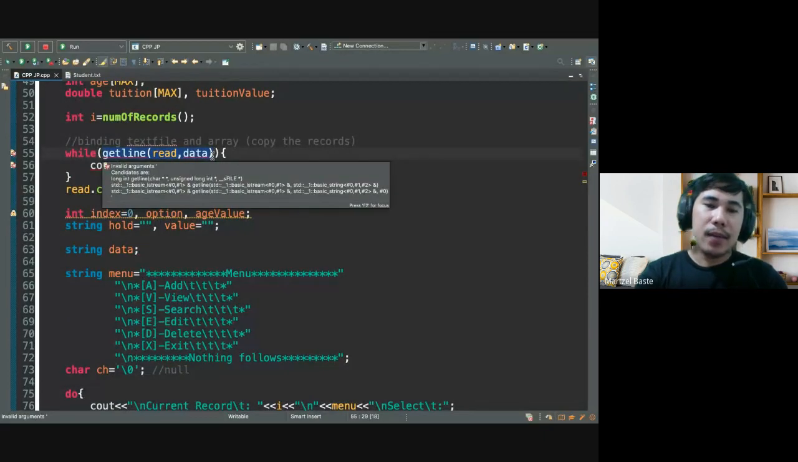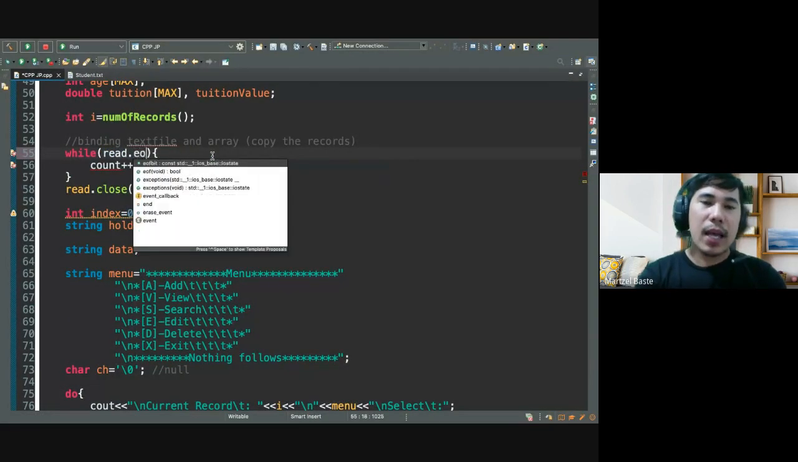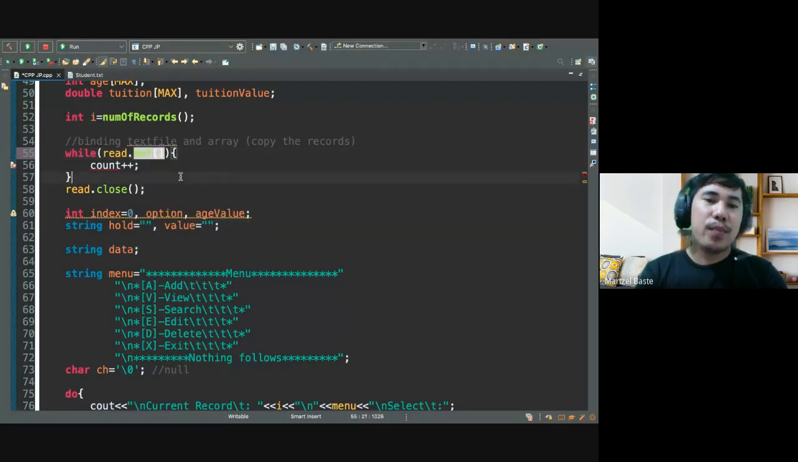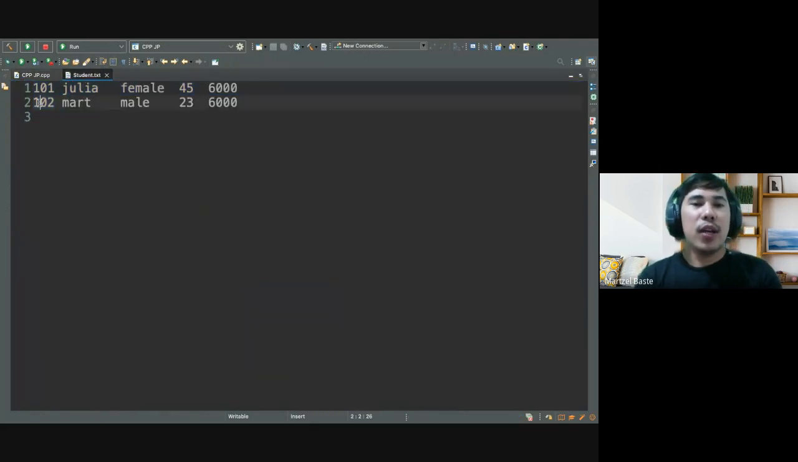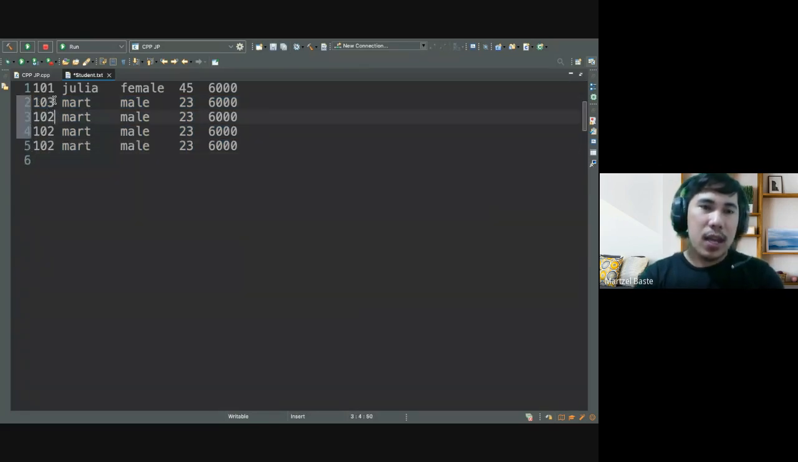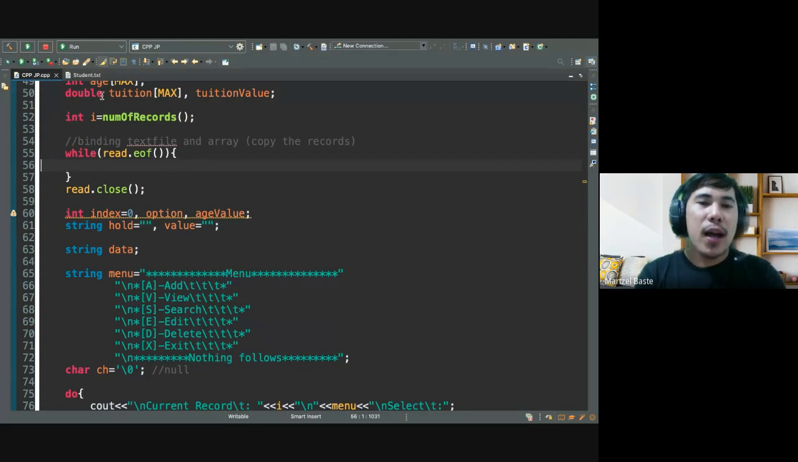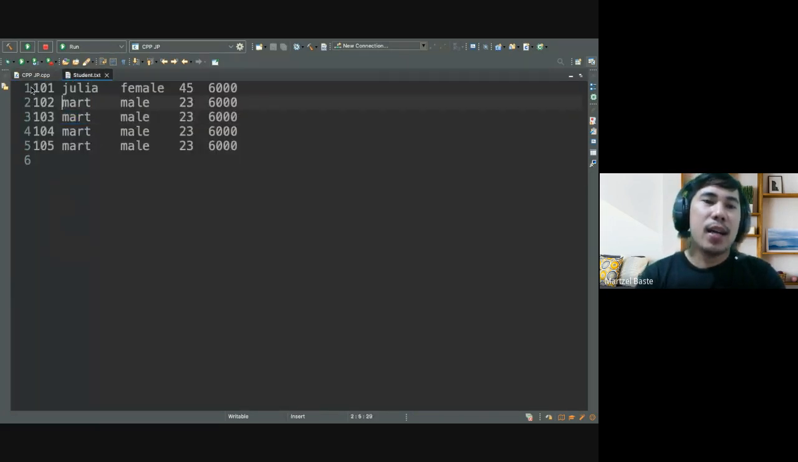So we'll use here read that end of file. So this is the end of file loop. The end of file loop is used for reading the records. So assuming we have files here, 101, 102, 103, 104, and 105. Okay, that's fine. So what this will tell us is read.eof, meaning it will read per line,